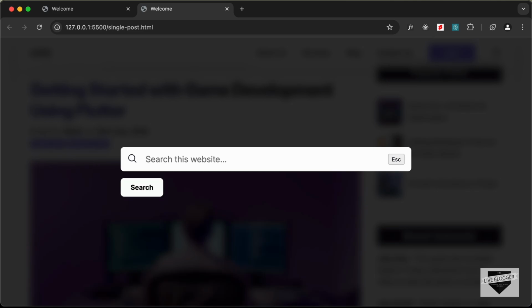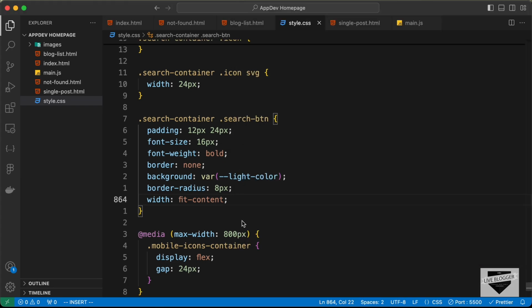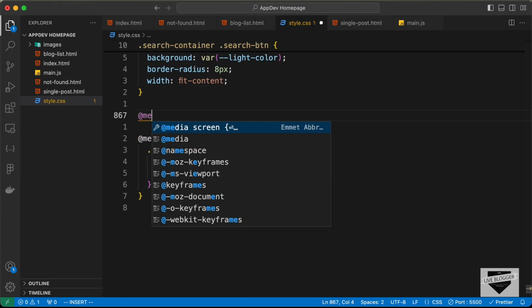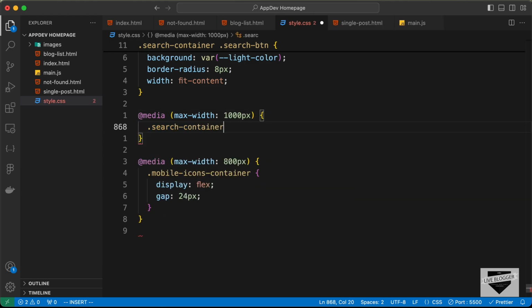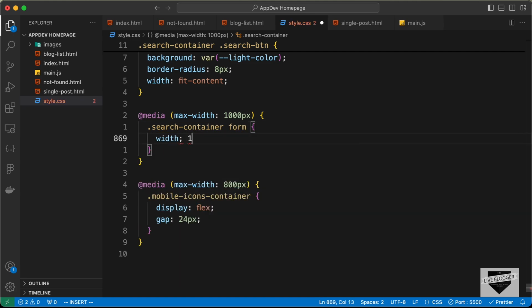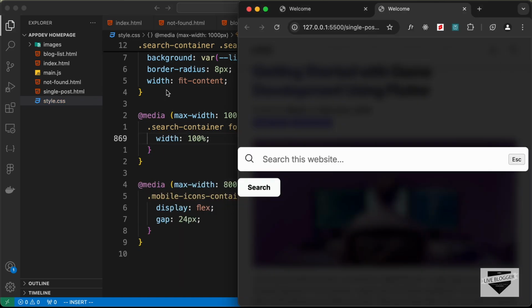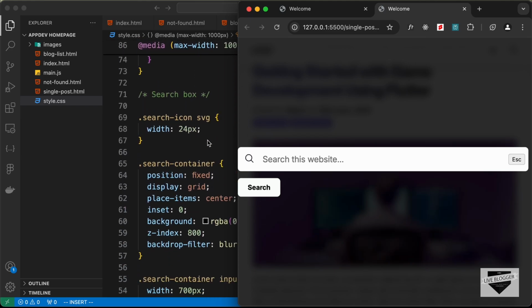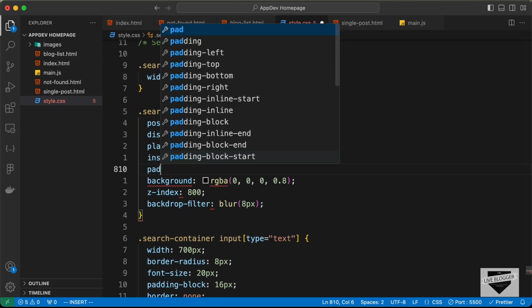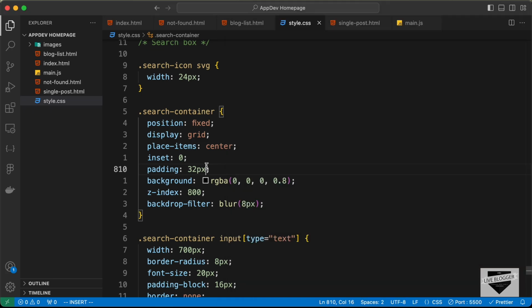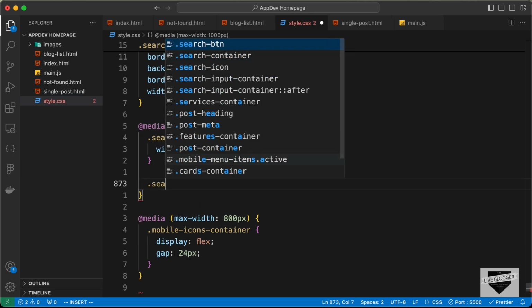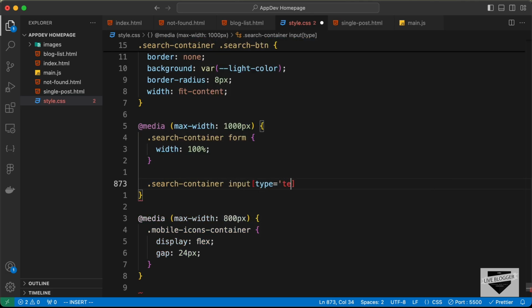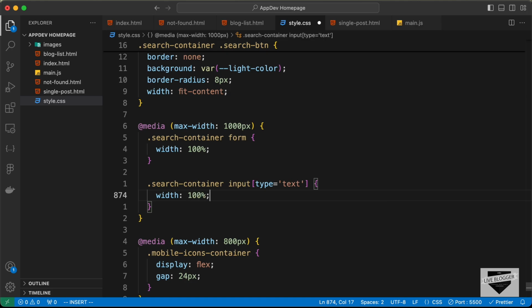Now let's quickly style the mobile version. So let's decrease the width of the browser window, and here let's add a media query. I'll just tap at media, max width of 1000 pixels, and here for the search container, let's set the width of the form to 100%, and let's add some padding for the search container. So here let's tap padding of 32 pixels, and let's set the width of the input field to 100% as well. So here let's type search container input with a type of text, and let's set the width to 100%,